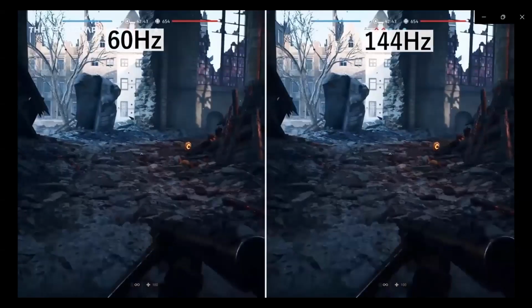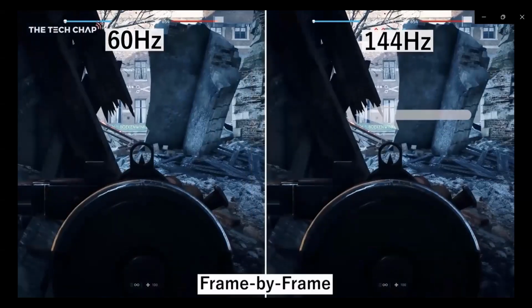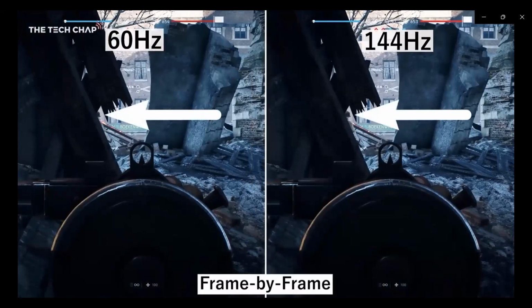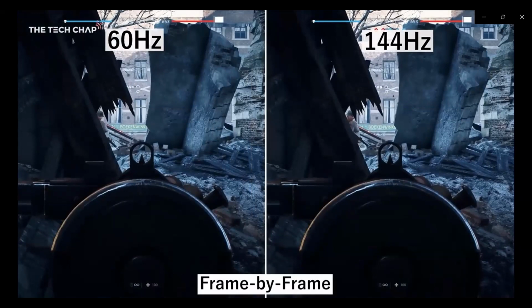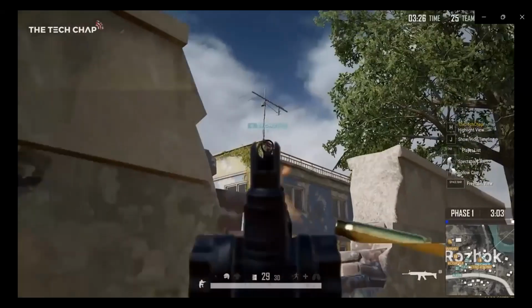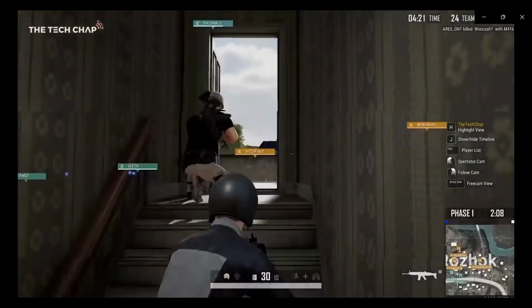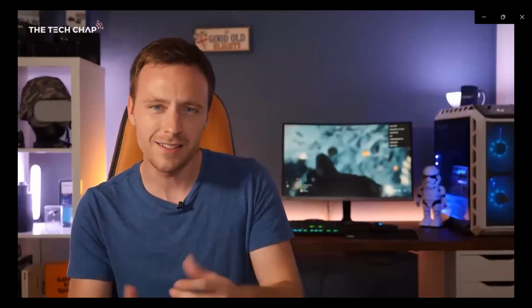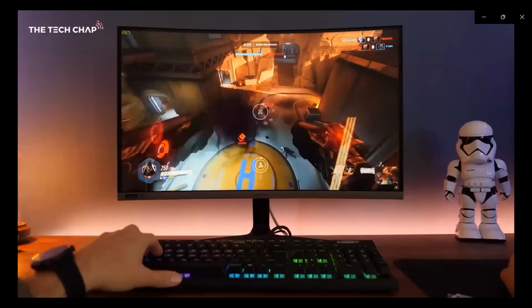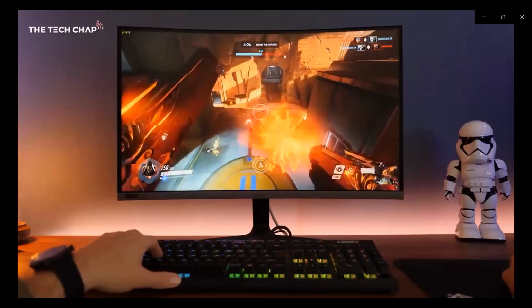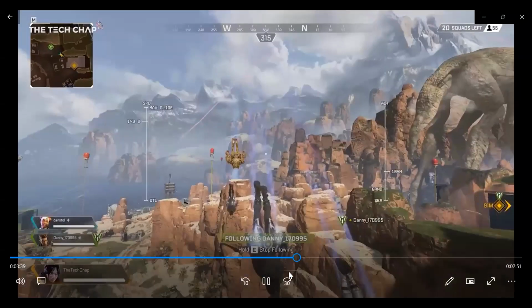For example, say an enemy is coming around the corner. If you're getting more frames in a given second, there's a chance you'll see them several frames earlier than you would on a normal 60Hz screen, which is all important where quick reactions make the difference between winning and, well, usually in my case, not winning. So the higher the frame rate, the more up-to-date visual information you're getting, which could give you an advantage. Now to my eye, and actually even harder to show you, is that the image also appears to be a bit clearer thanks to reduced ghosting, which is that weird effect where moving objects leave a blurry trace of where they were in the previous frame. And so